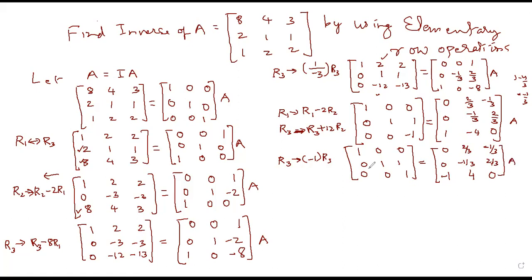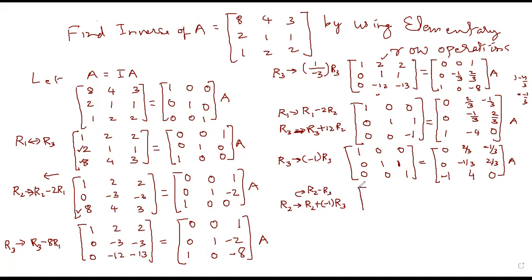Okay, now only one operation is required to make this one 0, because this is already 0. So which row do we have to change? The second row, with the first row. As I told you, we can subtract the second row minus the third row. We are actually multiplying the third row by minus 1 and adding it. So you can write R2 minus R3 directly, and we are writing it in R2.